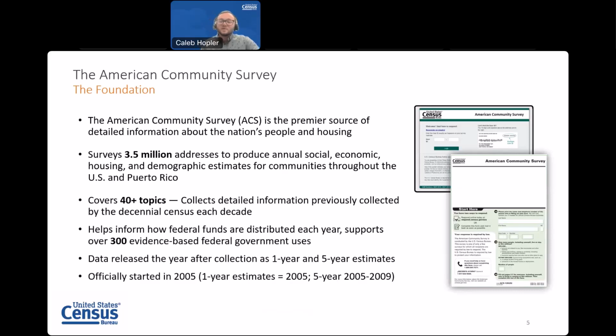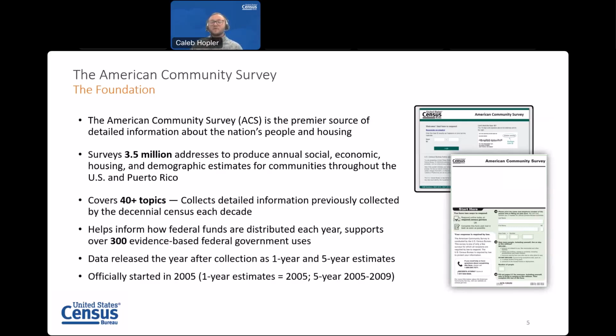The American Community Survey, or ACS, is the premier source of detailed information about the nation's people and housing. The survey samples approximately 3.5 million addresses each year. These data are collected continuously throughout the year to produce annual social, economic, housing, and demographic estimates for communities throughout the United States and Puerto Rico.